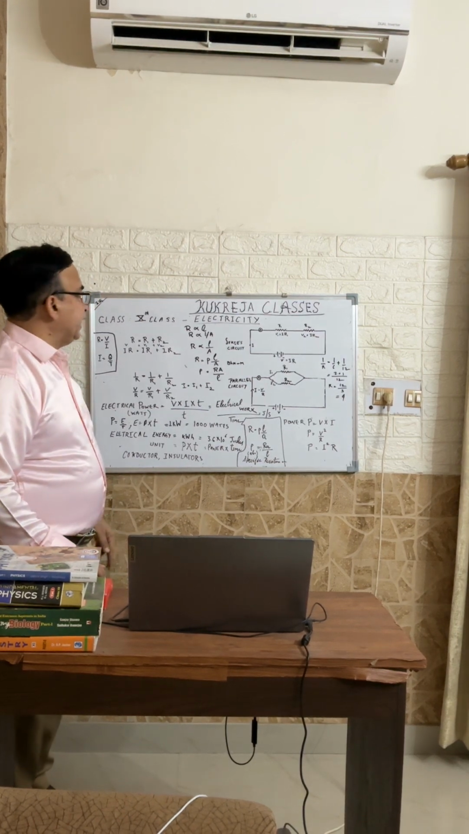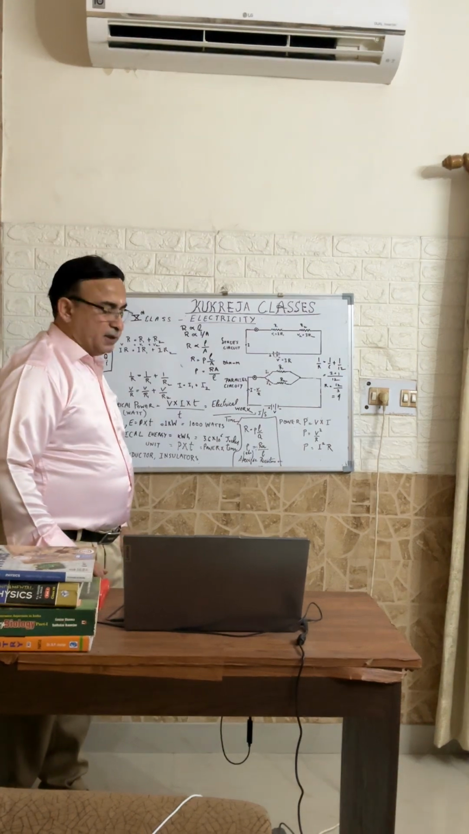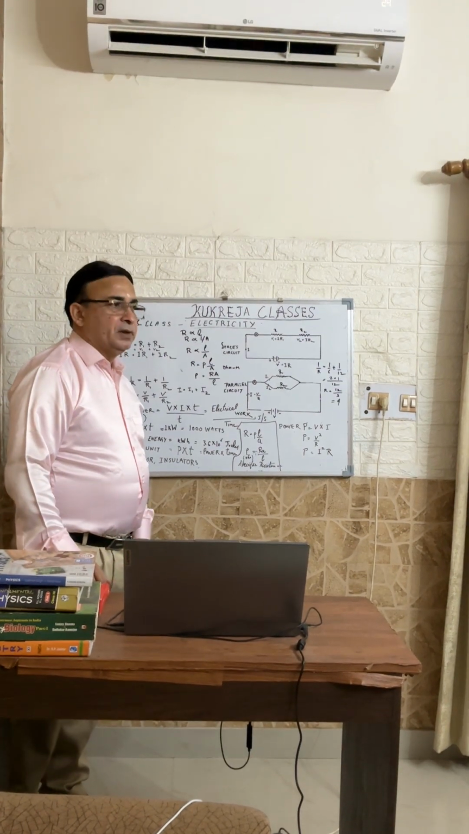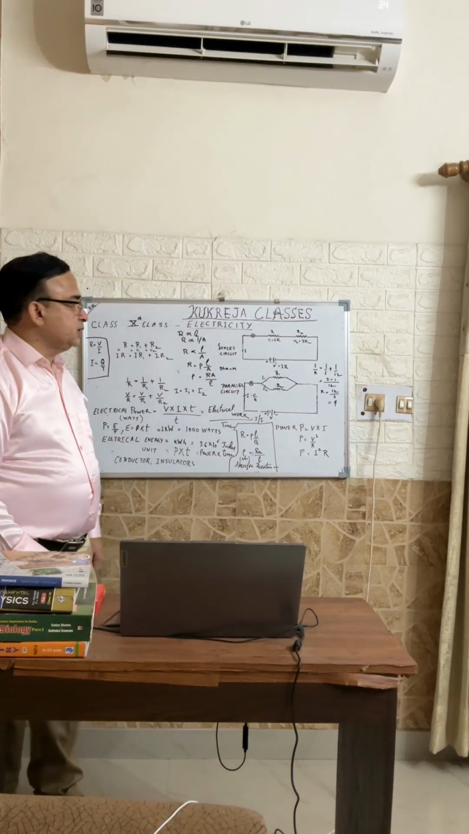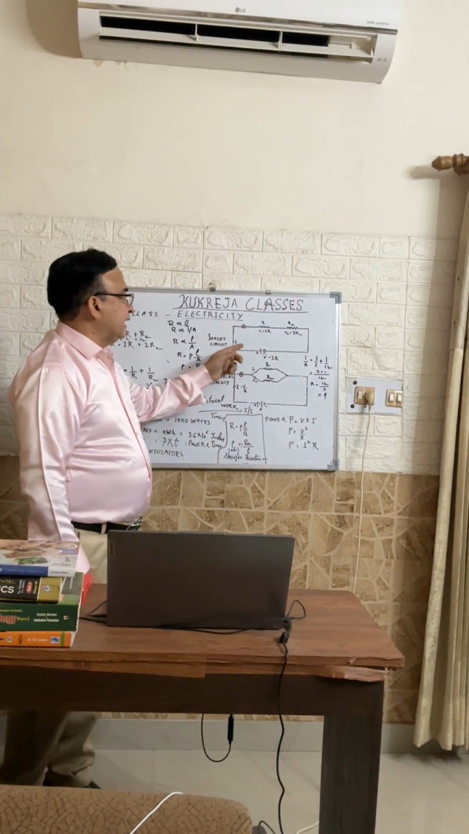Before deriving the formula for the resultant resistance of the resistors joined in series, we should be aware of two facts, that there is a potential